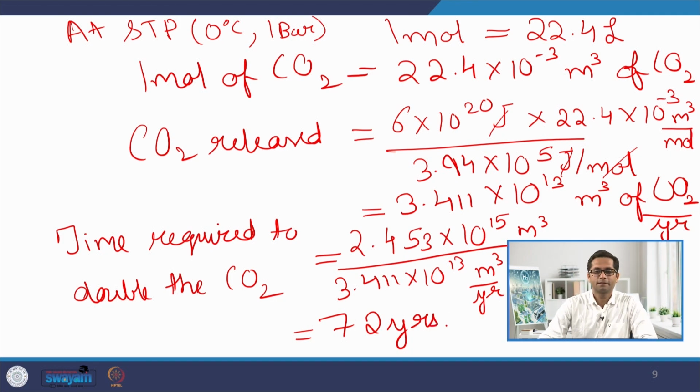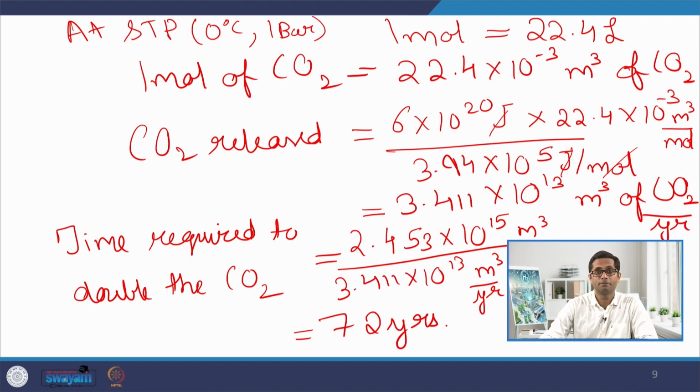Now, it depends whether you think this 72 years is a big amount of time or a small amount of time, but if we study seriously, we will see that this 72 years might not be a very great amount of time. It could basically be reached in 3 generations. So, within a span of 3 generations, the CO2 content in the atmosphere can almost double.